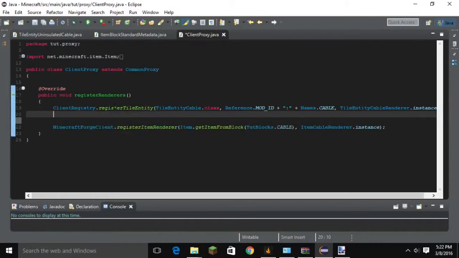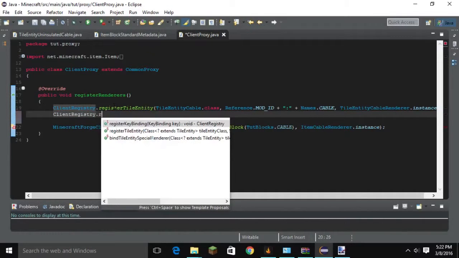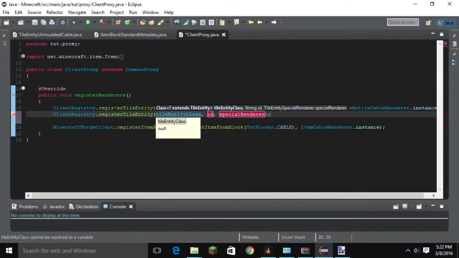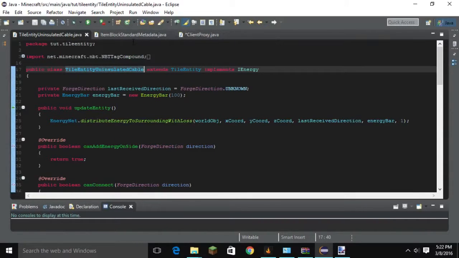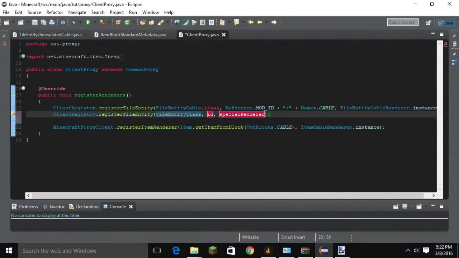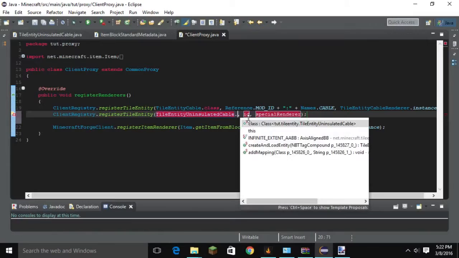And we need to go client registry dot register tile entity, and we need to register tile entity uninsulated cable dot class,